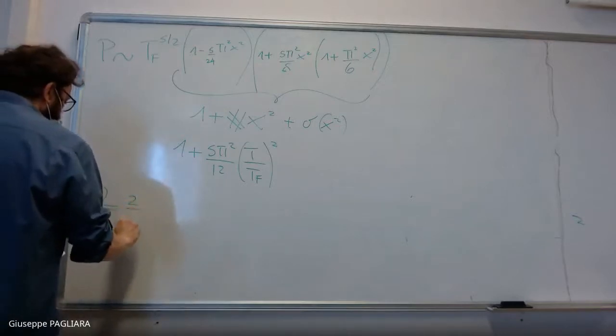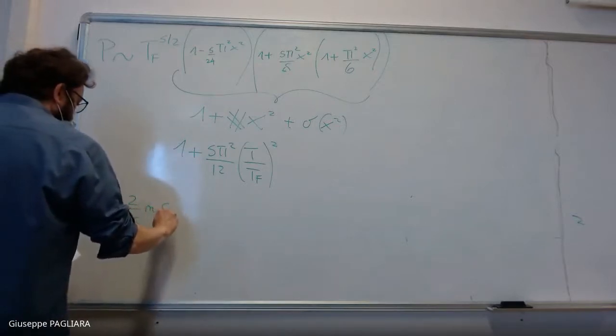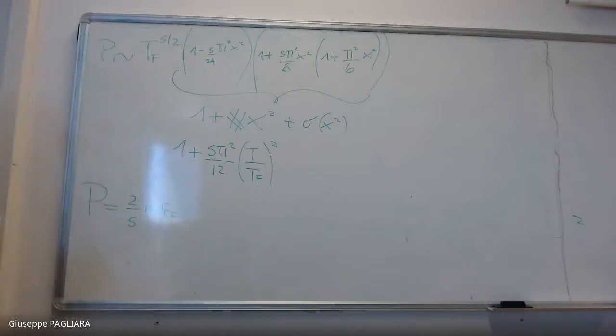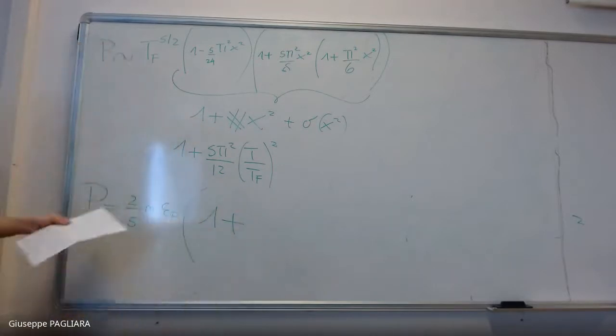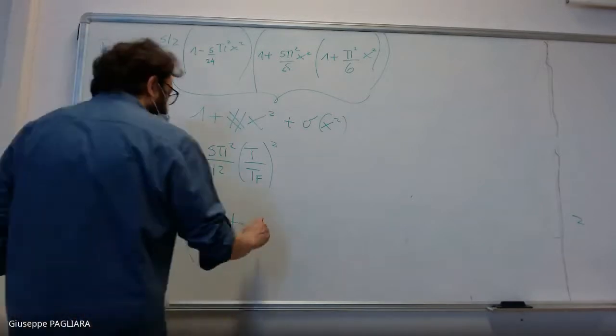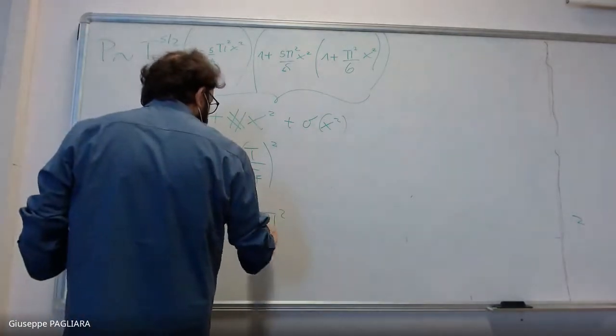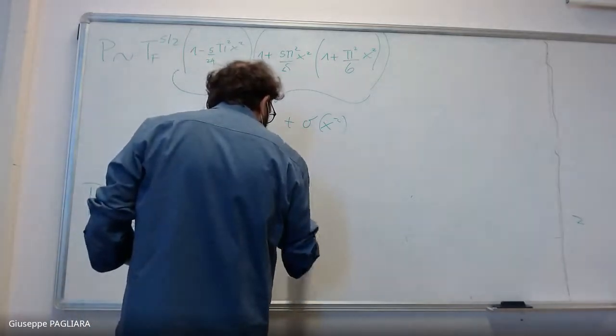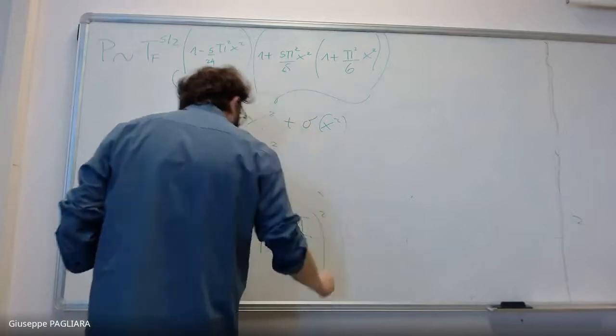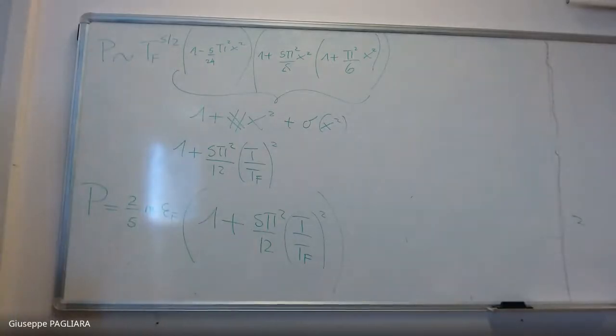Of course, one can do the calculation completely, but it's boring. In any case, we should recover the t equals 0 case, which is the following. Then I have a 1 plus, and here I can now introduce the correction in t, which is 5 pi squared divided by 12, and t divided by tf to the power of 2. Okay, so it's a positive correction